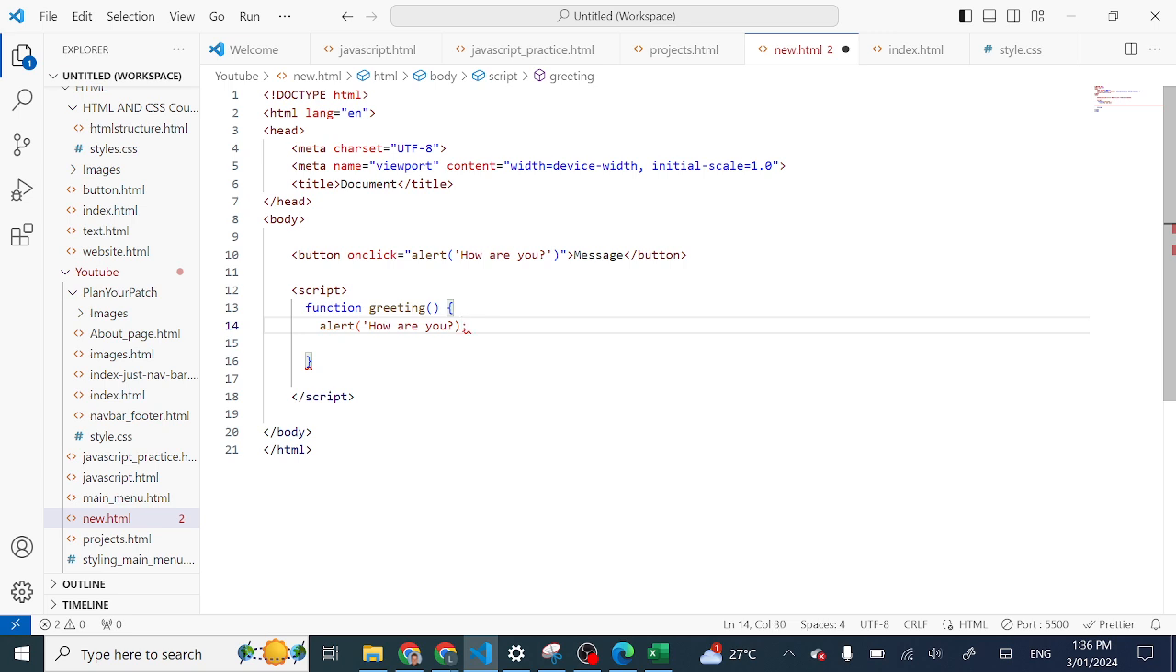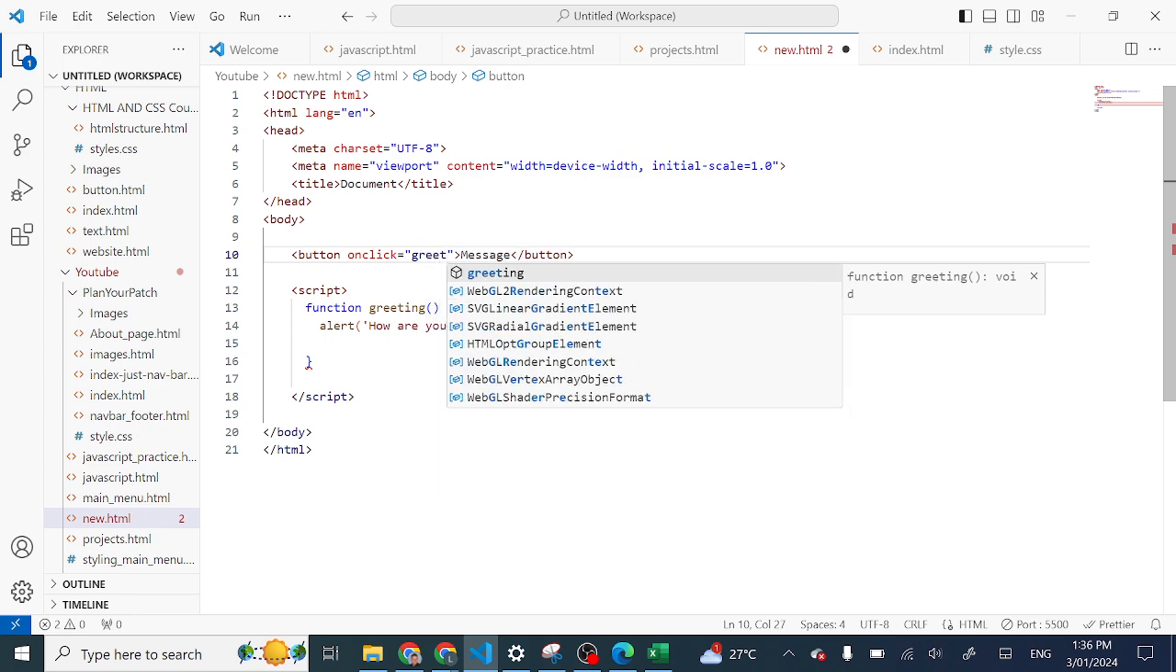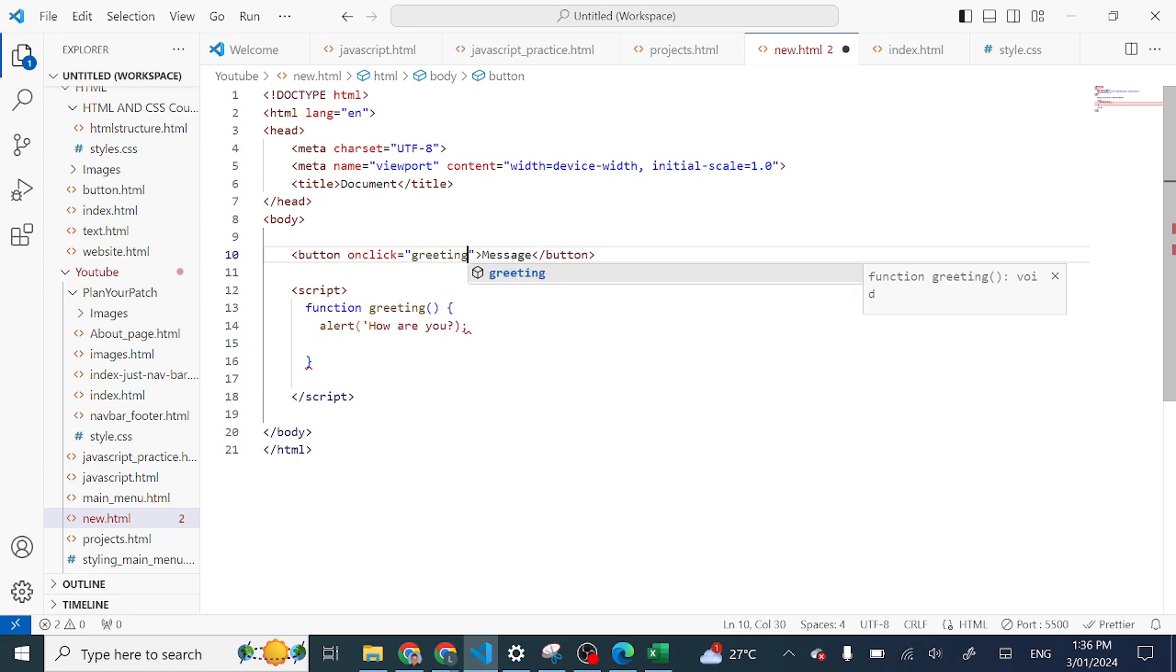Okay, now to get that message to actually run, now we need to tell it to reference that function. So the way to do that is we can put in the name of the function, greeting, but we also need to put in the brackets there, okay? And those brackets there tell the code that basically I'm referring to, not a word, but I'm actually referring to a function that I want you to run. So I click Save now, and we go back to our website,